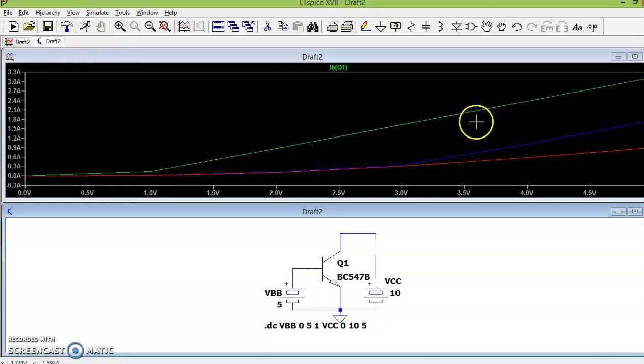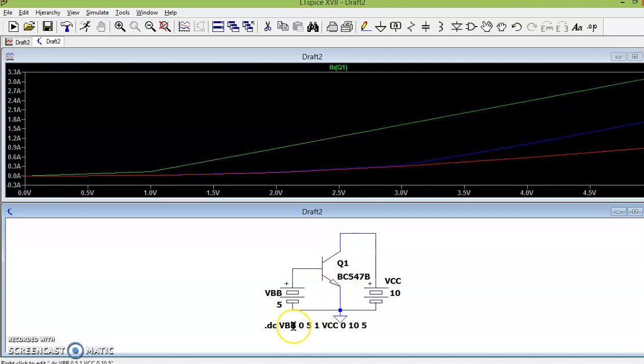So as you can see, I can see 3 different readings now for IB. So I have plotted IB, which is my input current, with change in VBE, and I've also plotted it with change in VCC. Now I can also find out characteristics like input resistance. So input resistance is nothing but inverse of this slope. So you can find out values of VBE at a particular point and corresponding IB and find out the resistance. Yeah, so that's about the input characteristics of common emitter amplifier or common emitter circuit.